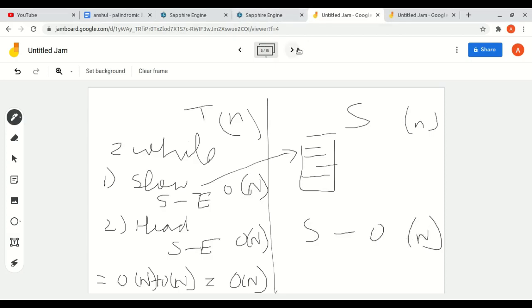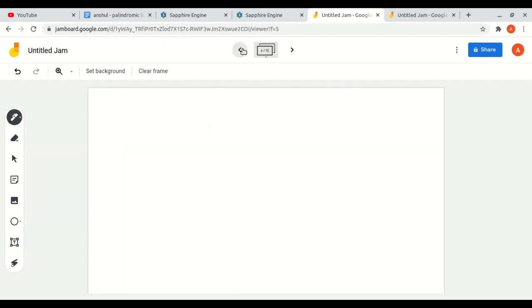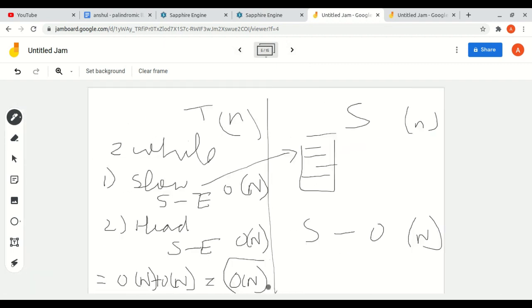So this is a good solution because the time complexity is very good, big O of n, which is a very good complexity for most cases, and in this case also. But there is a space complexity, and in the real world we also have to tackle space.